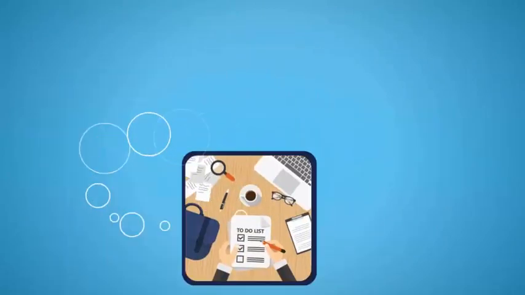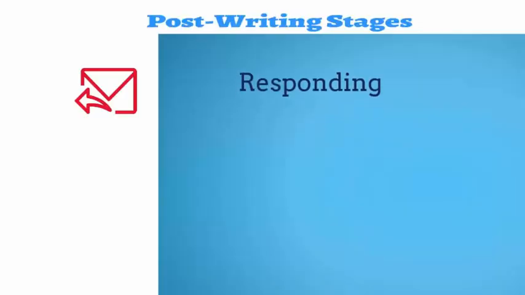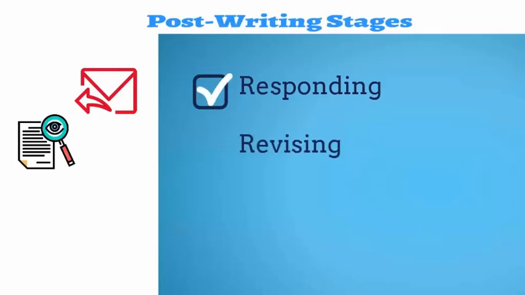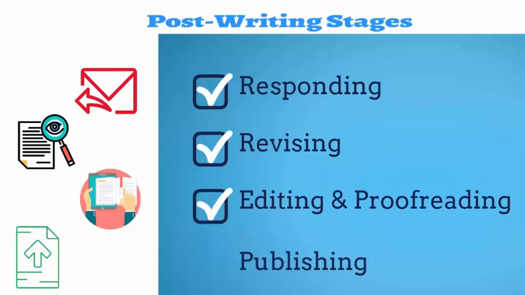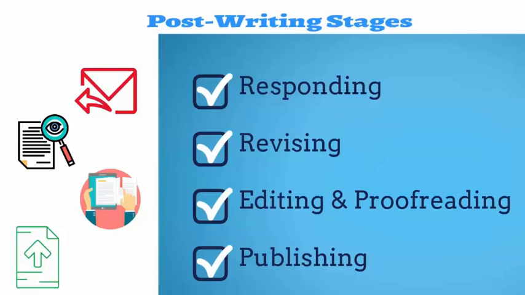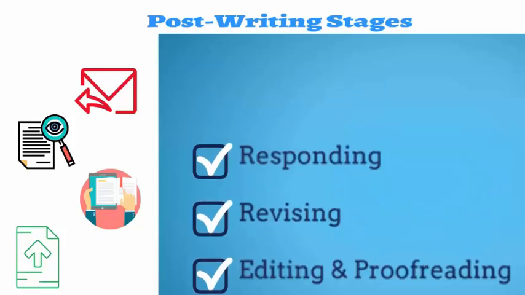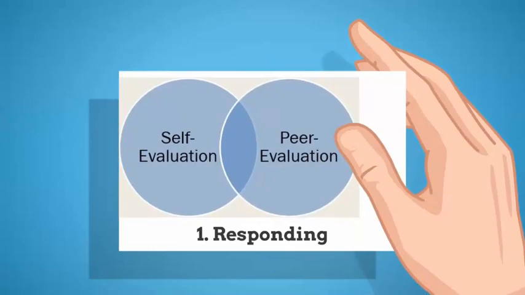So, Kaz needs to understand that his assignment needs to initiate a response, be revised for content, and be proofread and edited for perfect grammar and flow. And of course, he needs to publish his assignment, which means that he needs to turn it in. The first step, which is responding, requires Kaz to evaluate his own assignment for any shortcomings. It's always a good idea to ask a friend to do the same